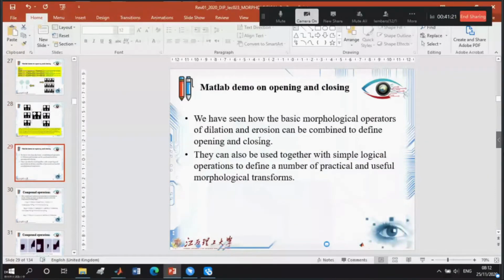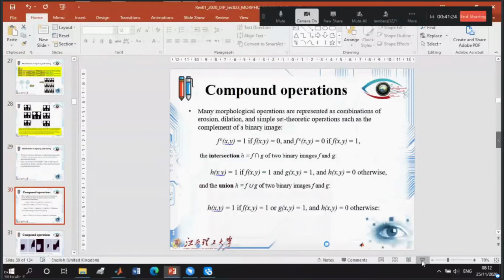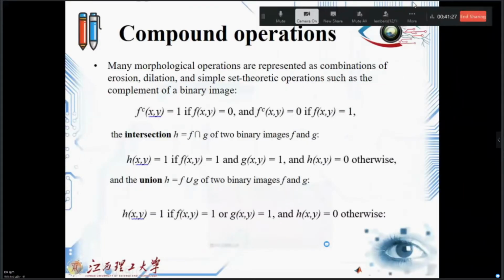Let's go for the compound operation, in which we know that many morphological operations are represented as the combination of erosion and dilation. Simple set theoretic operations such as complements of a binary image, like the equation below, can be used. Then we have the intersection, which shows F and G, the two binary images, and we can have the union of F and G binary images, which we can show that h(x,y) will